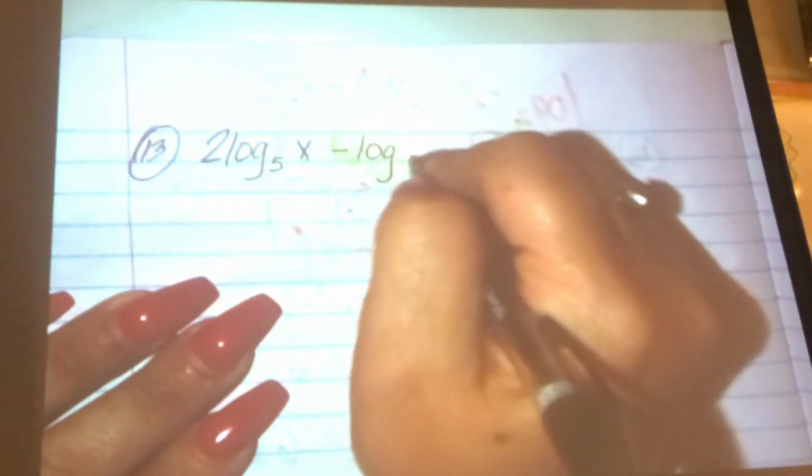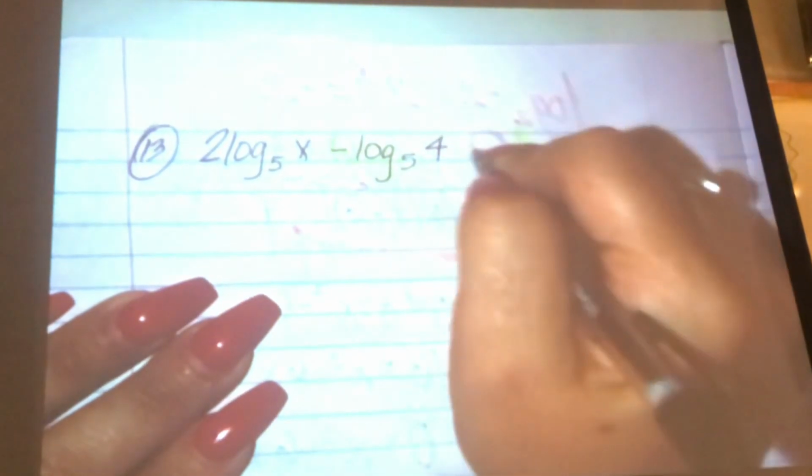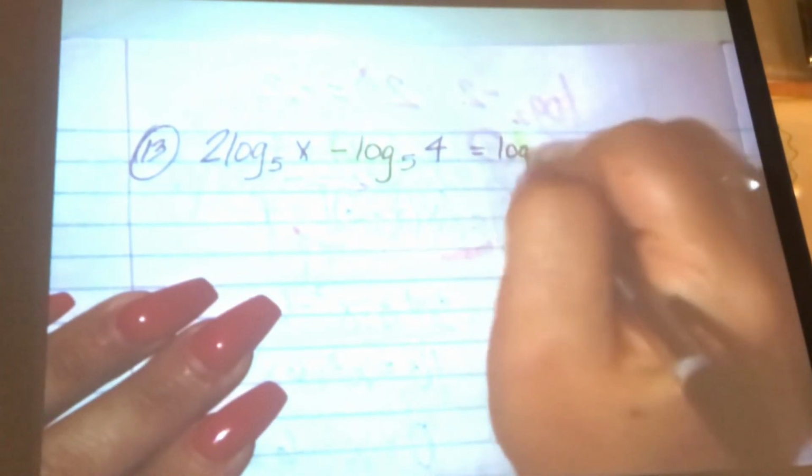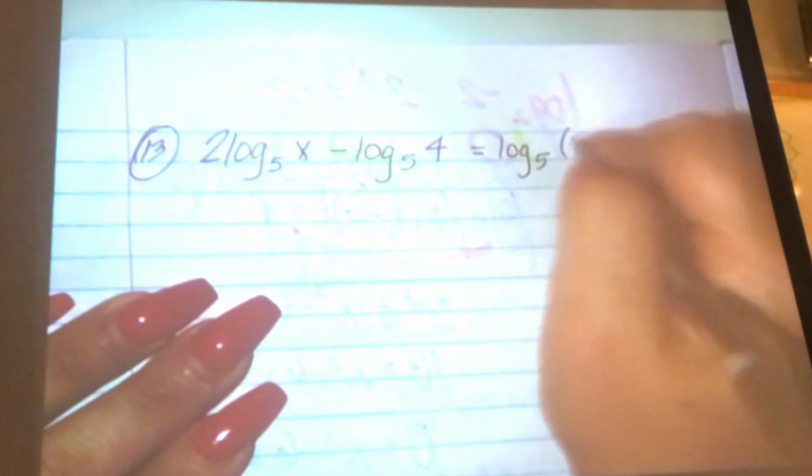Shall I do one more with you, or would you like a doyo? Doyo? Alright, so number 13, try this one on your own. See how far you can get, and then if you get stuck, ask your neighbor or call me over. I'm happy to help. 2 log base 5 of x minus log base 5 of 4 equals log base 5 of 8 minus